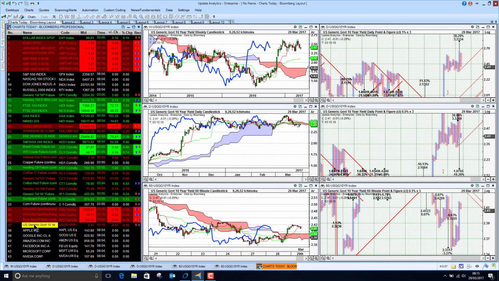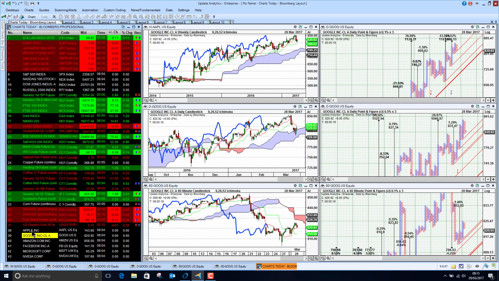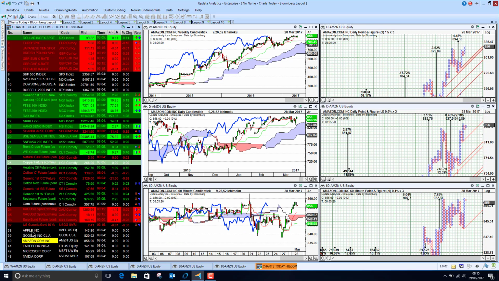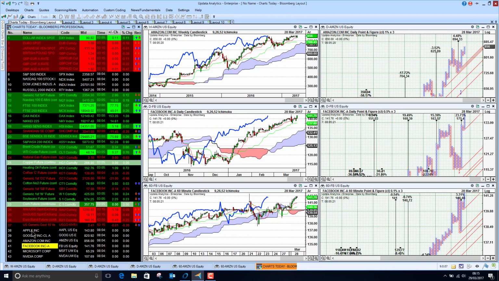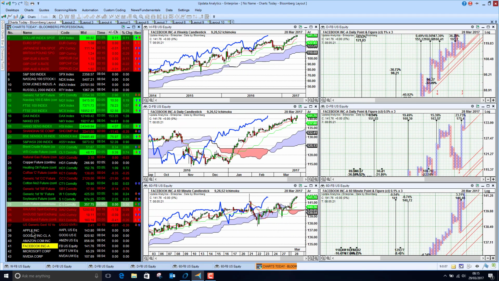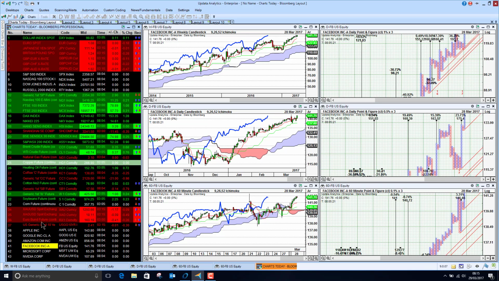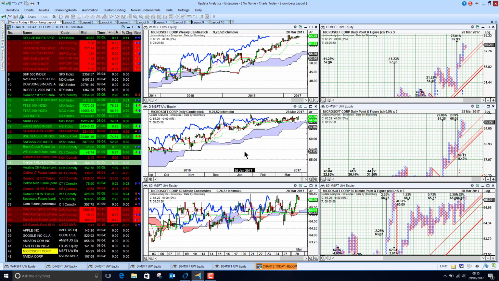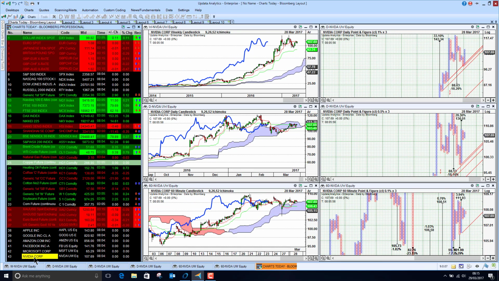US government bonds are just hanging at this 1241 level, but like the dollar, we've crossed into bullish territory overnight. Apple, bullish above the cloud. Google still below the cloud in the short term. Amazon has recovered to bullish on all three time frames. Facebook making new highs, closing at a new record high. So Facebook looking very strong indeed with all these multiple targets. Microsoft, the same thing, starting to break to new highs. It'll be interesting to see Microsoft break out of this range. And Nvidia recovery still underway, but hasn't broken to new highs there.